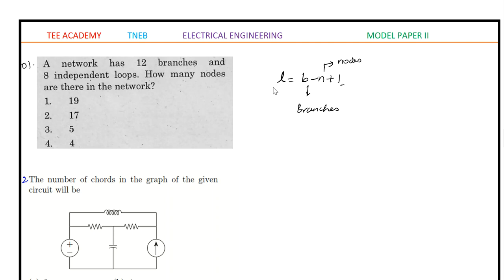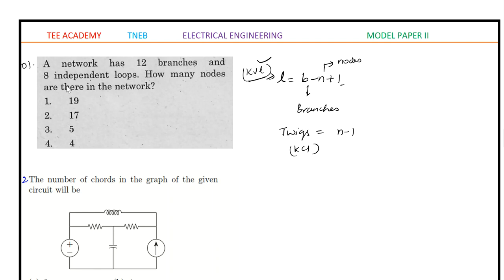Similarly, there is one more formula: the number of twigs, or number of nodes minus 1, is the number of equations required to solve a network with KCL, which is N minus 1. So if a network is given and you are asked how many equations are required to solve it using the KVL technique or the KCL technique, you can easily tell the answer.